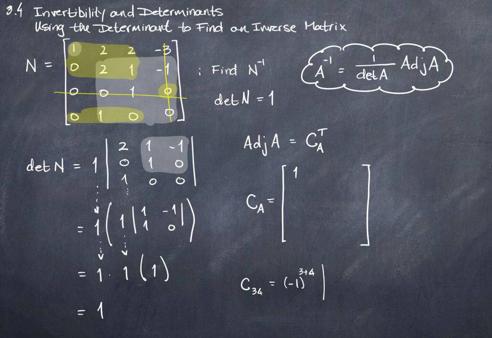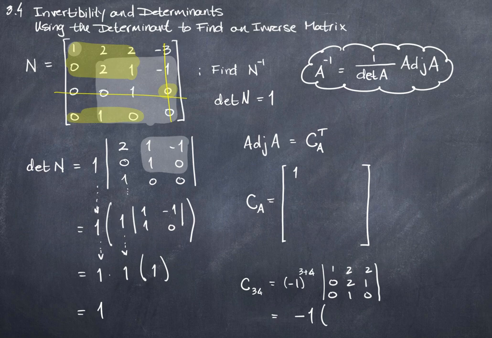So that is going to be 1, 2, 2, 0, 2, 1, 0, 1, 0, and that nicely has a column with only one 1. In fact, I think I'll use that column. I've got it in a corner again, so it's easy to see the determinant. So I'm going to use the fact that negative 1 to an odd power is negative. I could write a negative 1, but I don't really need to, times